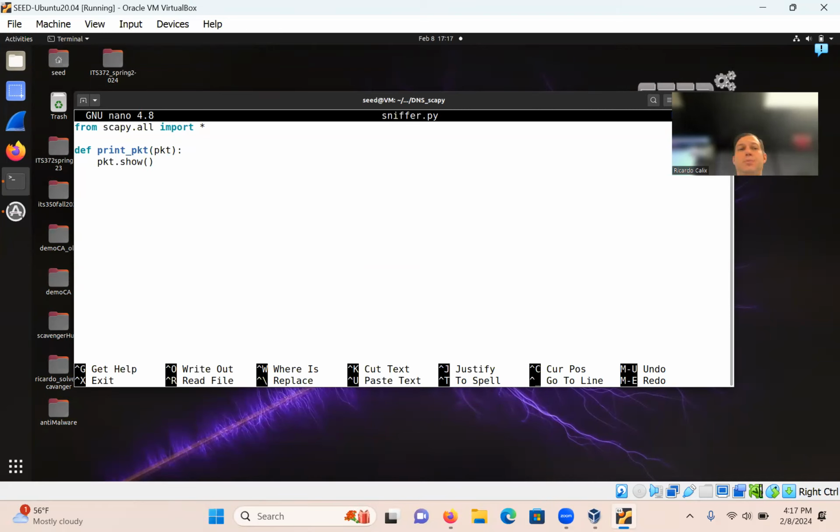Then over here, you can invoke sniff, which is a built-in function in Scapy. I believe by default it does return a packet. But what's important here is that it takes two parameters. One is the filter, which, as I've said before, is built on top of libpcap, so it follows the same convention as Wireshark filter expressions. So I'm going to set filter equal to